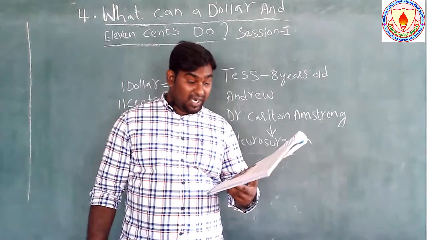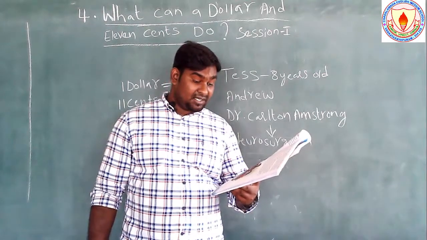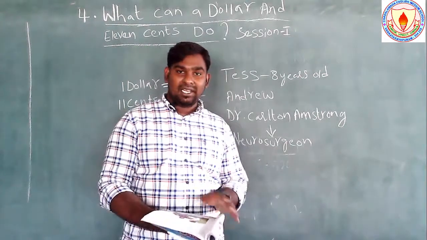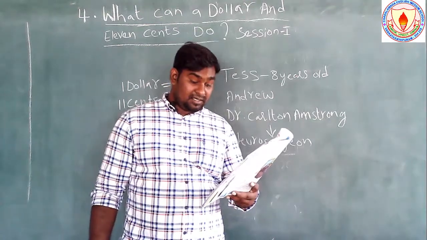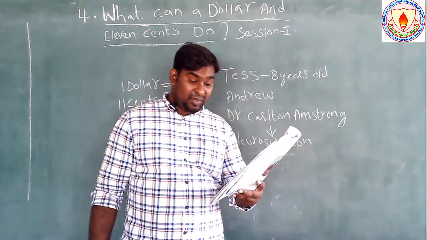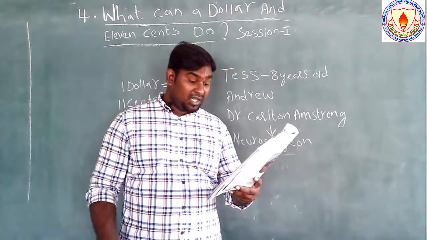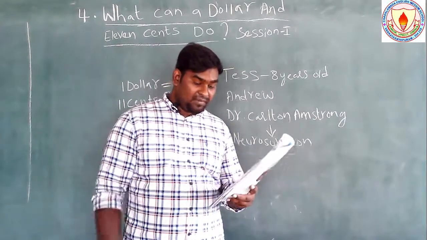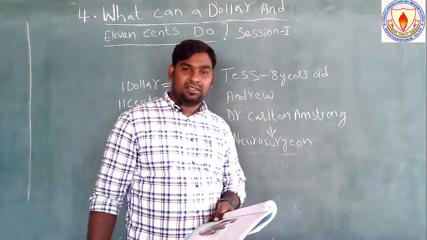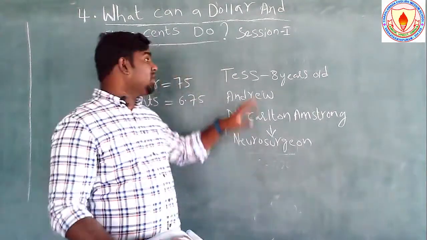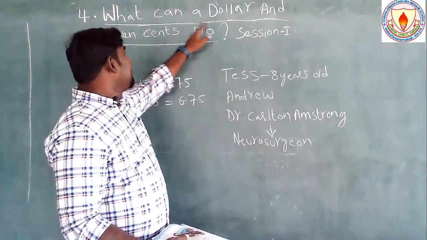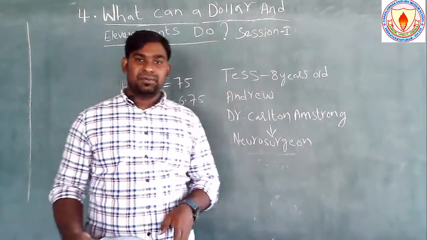She said, $1.11 plus the love of a little child. Tess smiled, right? And she said how much the miracle cost: $1.11 plus the love of a little child, the love of that girl Tess towards her brother. That's how we got this title. What can $1.11 do? It saved her brother's life.